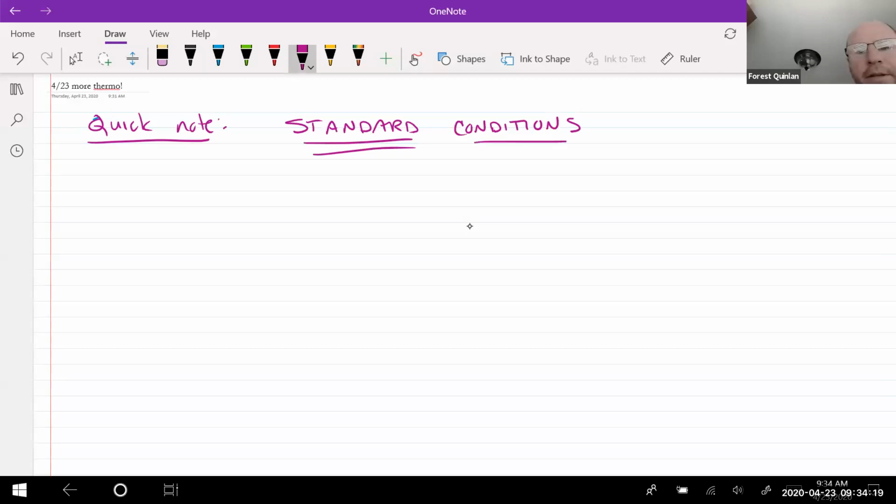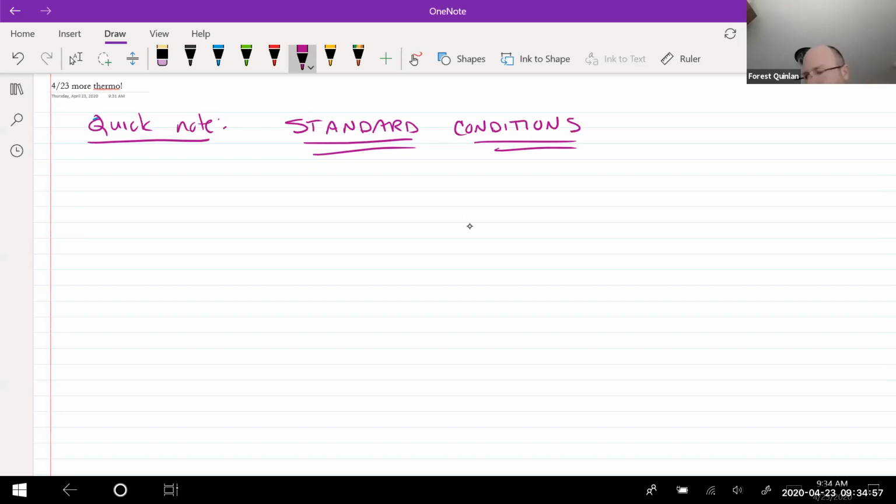Now, the standard conditions, some of you may have, thinking back to your ideal gas law stuff, someone may have said that there was standard temperature and pressure. You may have had a high school teacher, or maybe even I've said it offhandedly. Standard temperature and pressure is not standard conditions. So I don't want you guys to conflate the two. If you don't know what STP is, that's totally fine. I don't want to explain it. But if you do remember STP, 0 degrees Celsius and 1 atmosphere, that's a little different than what we consider